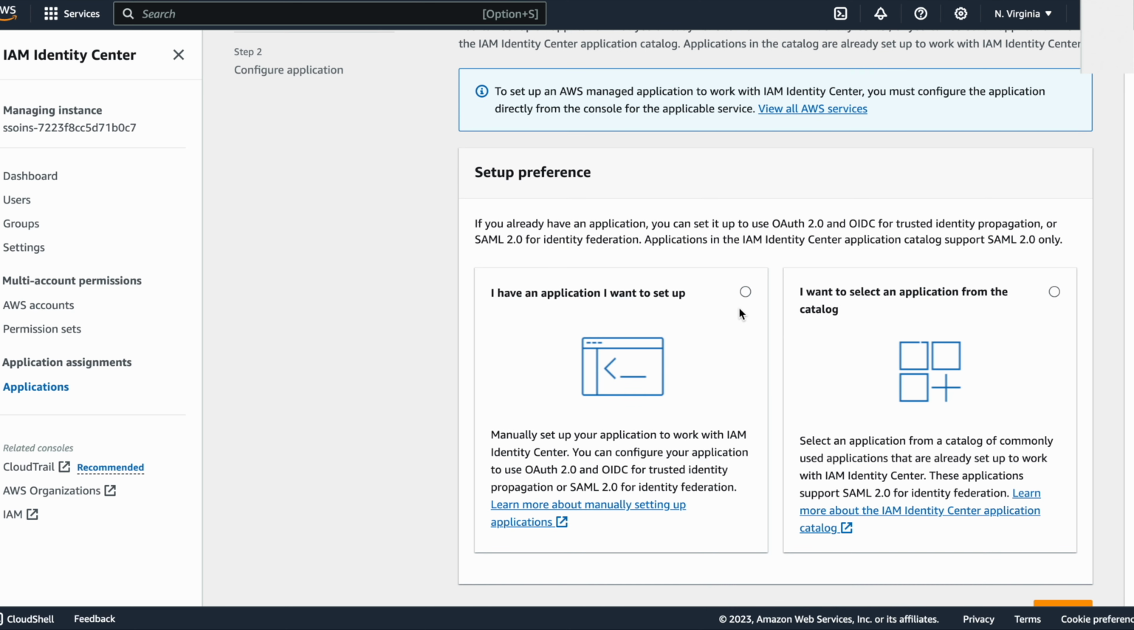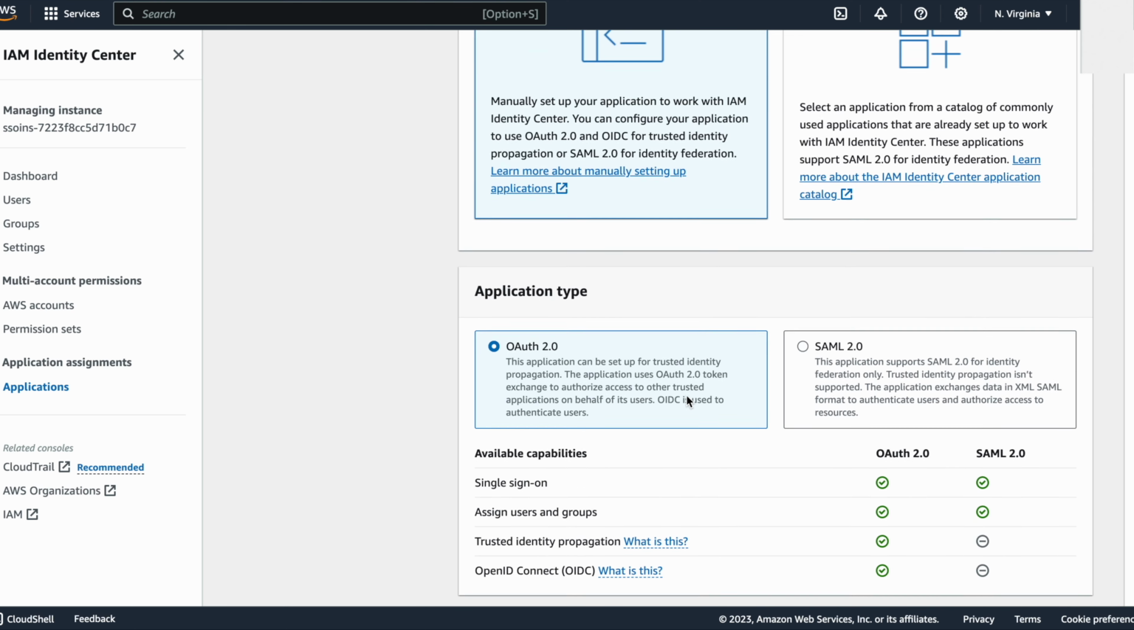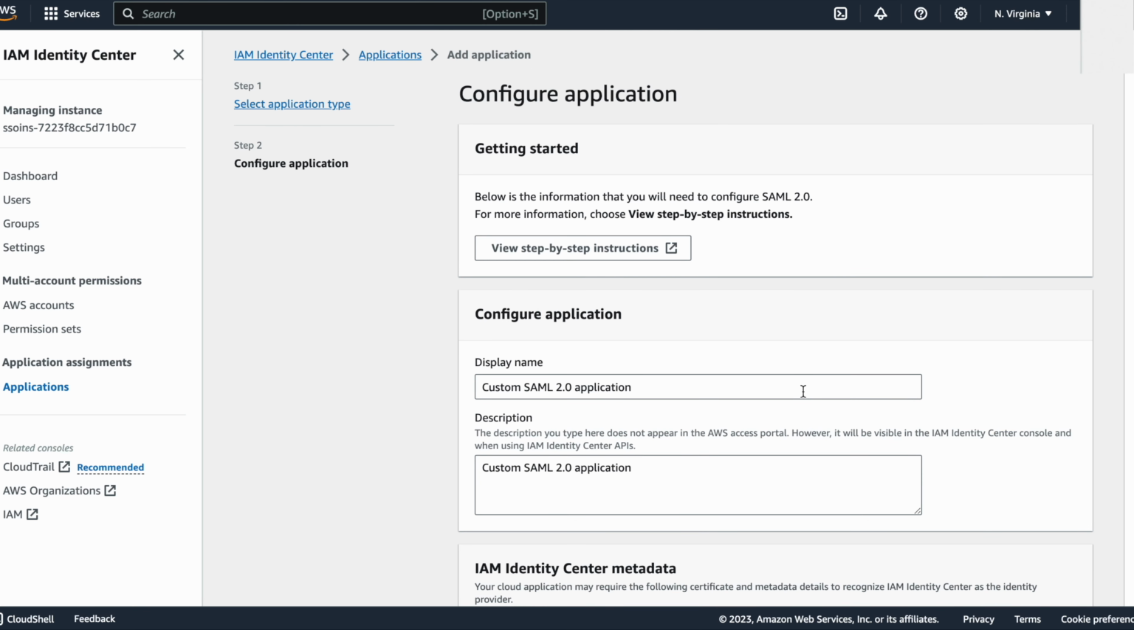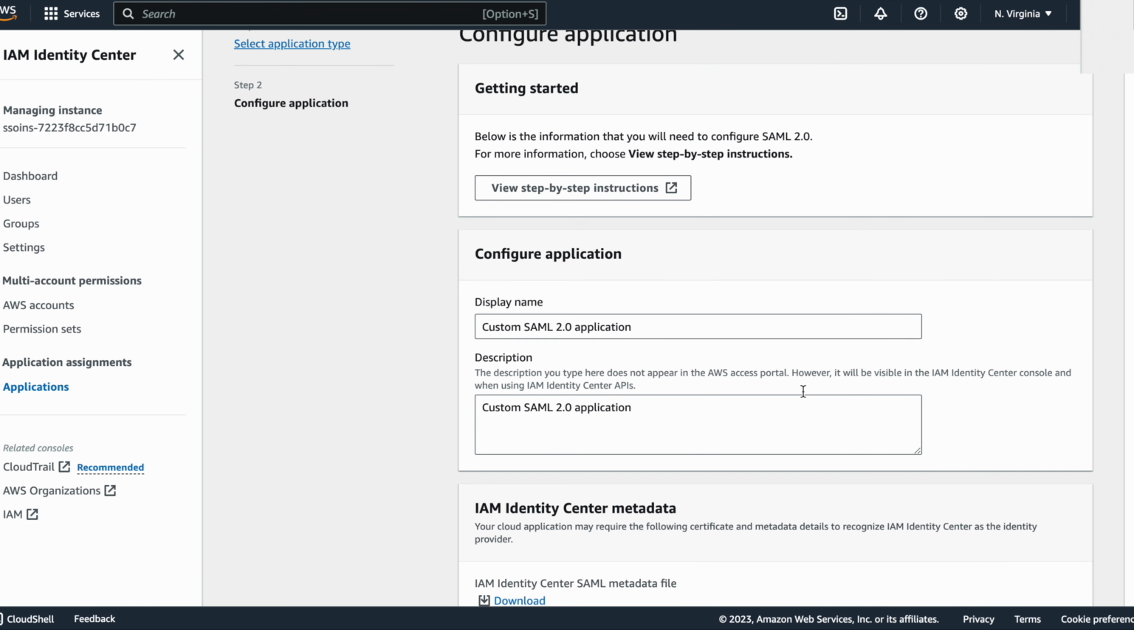From here we want to select the first option that says I have an application I want to set up. We want to choose the option that says SAML 2.0, and we want to configure the application. Before we configure the application, we actually have to configure the identity provider. So to do that, click on the radio button next to the application and press Deploy